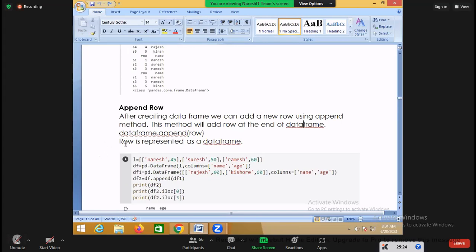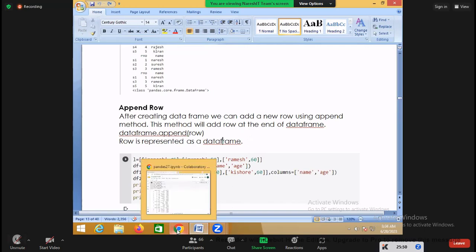So here how do you represent the row? You represent this row as another data frame. So whatever rows you want to add, represent those rows as what? Another data frame. So here the row is represented as a data frame. Okay. For example,